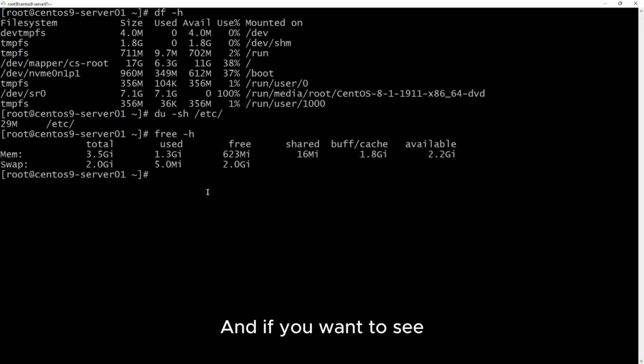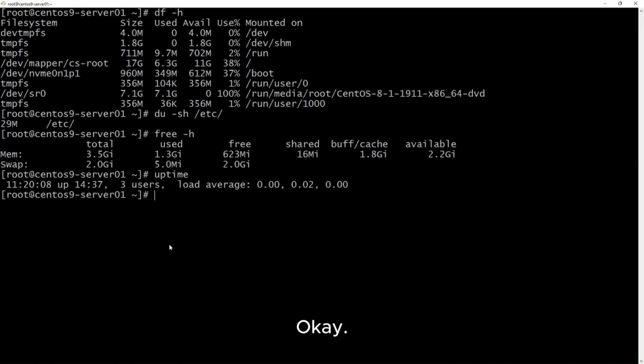And if you want to see how long the system has been running, use uptime. It also shows the system load average, giving you an idea of CPU demand.